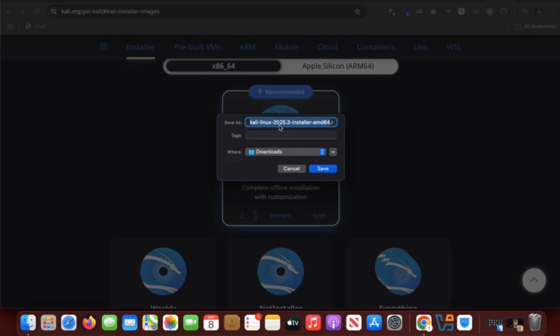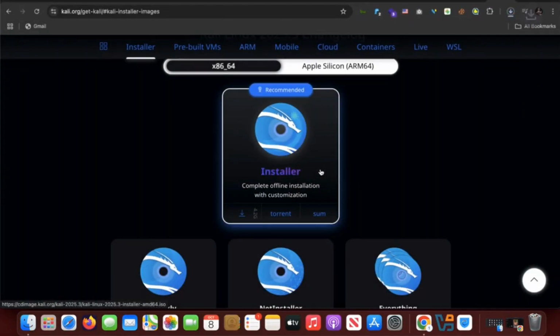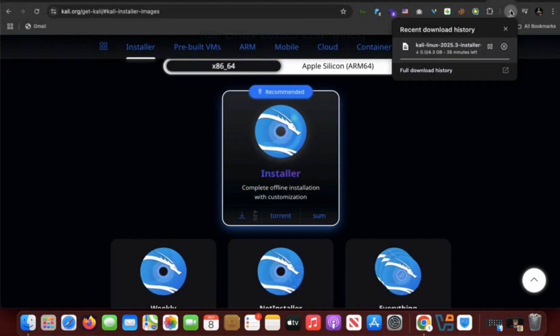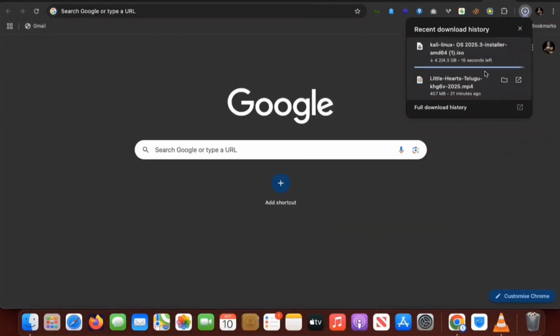So simply tap on the logo. You can see the download symbol. Go to the settings. You can see here your Kali Linux OS is going to be installed. So make sure you have good internet connectivity. Once it is installed,